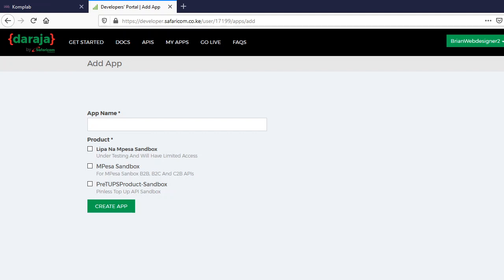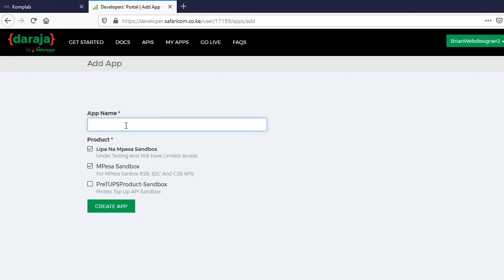We can think of an application as a house that contains libraries that allow you to make your API calls to make the MPESA transaction on the application that you'll be using. Just imagine it as a house that contains libraries that allow you to make transactions. So we'll create an app,